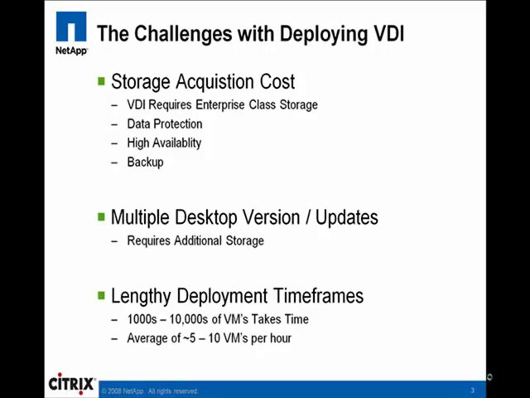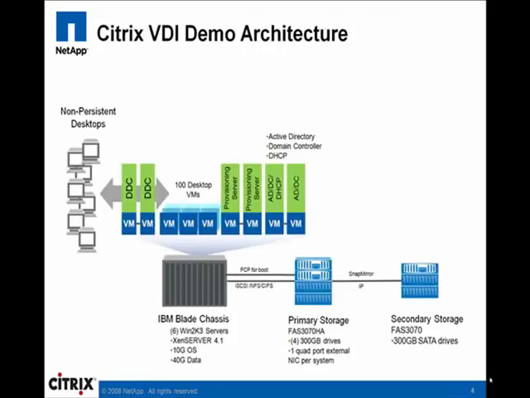deployments. The architecture that was used for this demonstration utilizes a NetApp FAS 3070 cluster for primary storage and a FAS 3070 for secondary storage. The infrastructure VMs are running on an IBM Blade Center chassis with 6 blades running XenServer Enterprise 4.1. The Citrix VDI platform is supported by Citrix Desktop Delivery Controller version 2.0 and Citrix Provisioning Server 4.5 with Service Pack